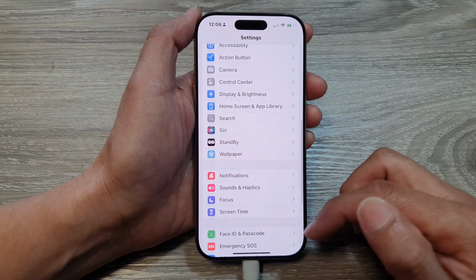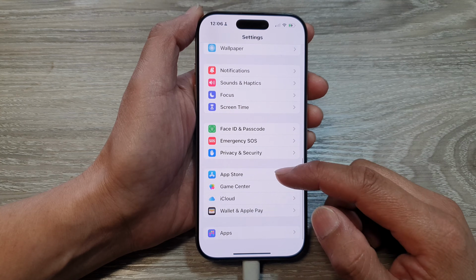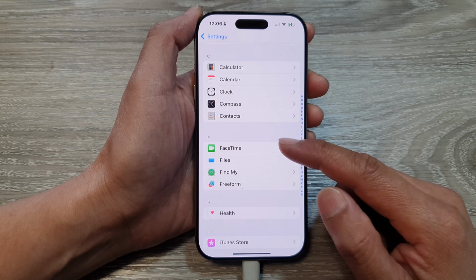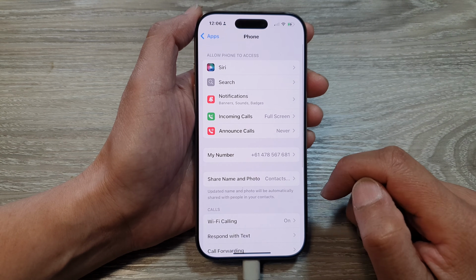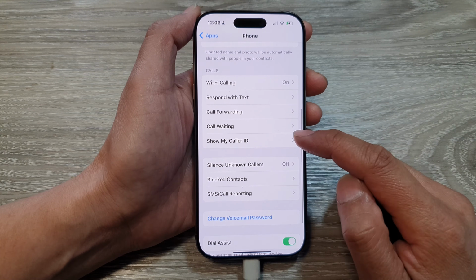Then in Settings, we scroll down. And in here, we tap on Apps. Then we scroll down and tap on Phone. After that, we scroll down to the Calls section and then tap on Show My Caller